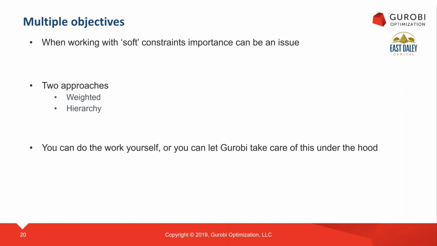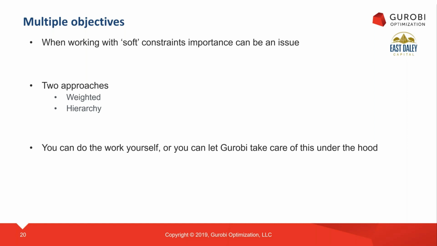You can do this yourself. If you want to do a hierarchical implementation, you solve the first model, you grab the objective function value, you throw that in, you add it as a constraint, and then you resolve with the new objective function. That potentially can lead to lots of bugs. It's a lot of extra work. And so I'm very thankful for the folks at Gurobi that their API